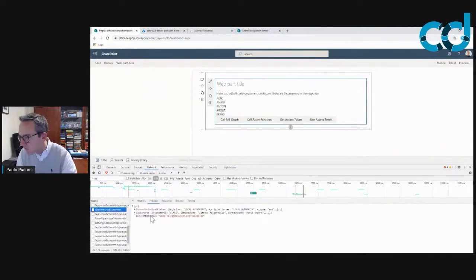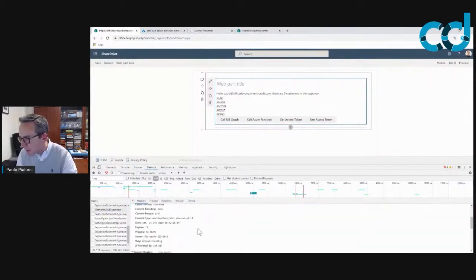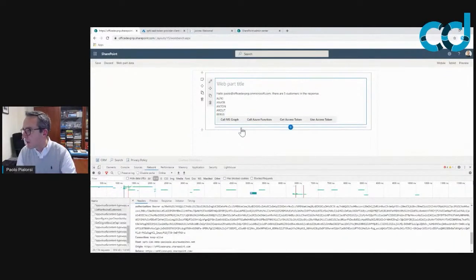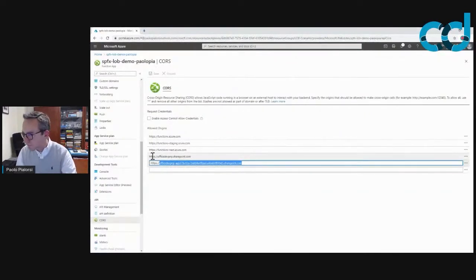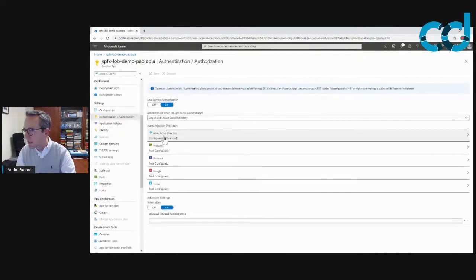We see the call to the list of Northwind customers. And this is a request targeting my API. And the request is coming from my Office Dev PnP tenant. And here we can see that this is one of the CORS configurations, like the unique DNS for my application. In the settings of my Azure function, I also configured under authentication and authorization in Azure Active Directory that